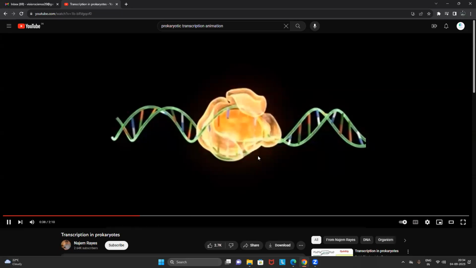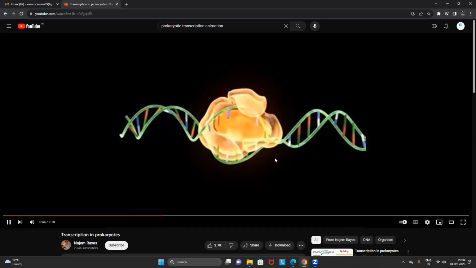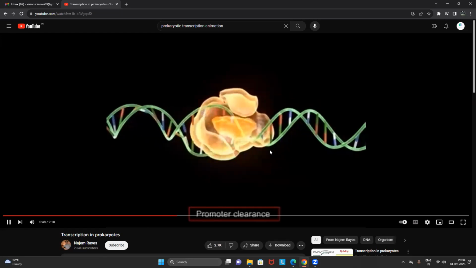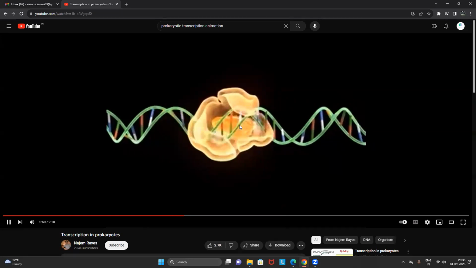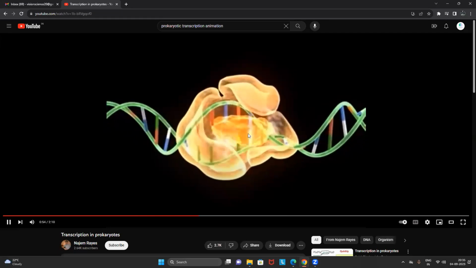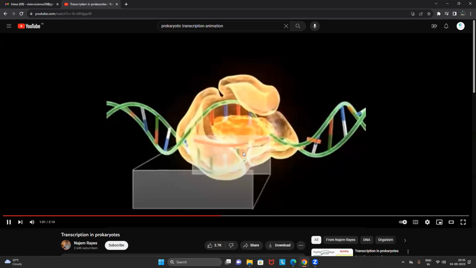Then where will it move, friends? It will move to the INR region by using one strand of the DNA as the template. Now the sigma factor will be dissociated because it is not required, right? So see that, now it reached INR. Now it will start the process of transcription. See that nucleotides are adding continuously. What are those? mRNA. Now this is the initiation.